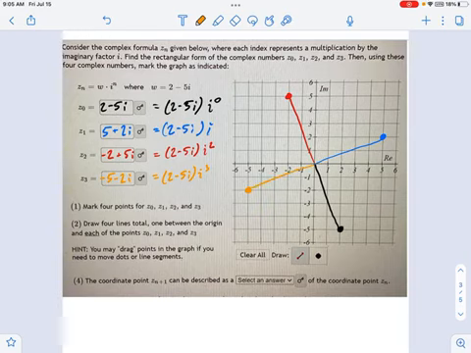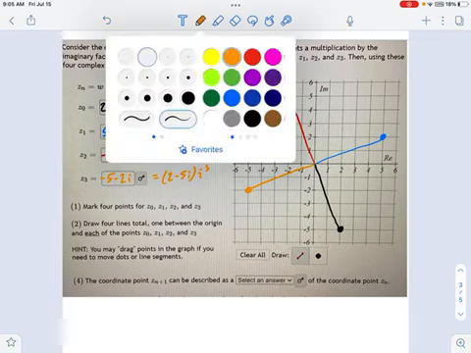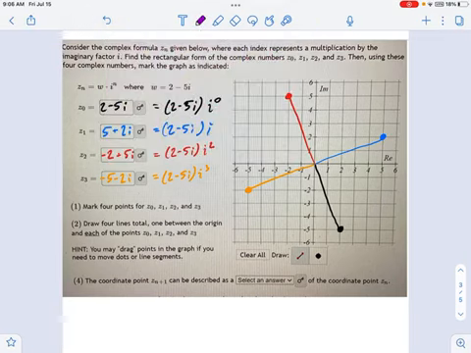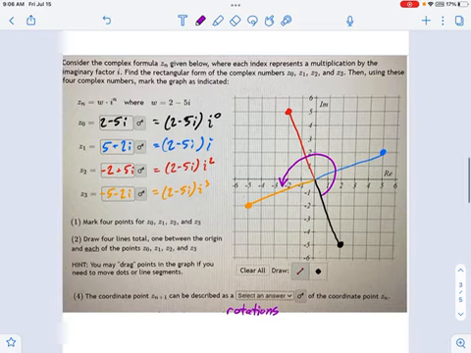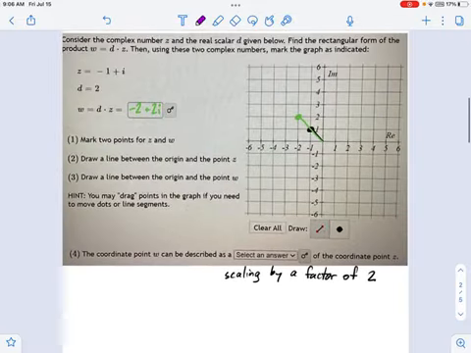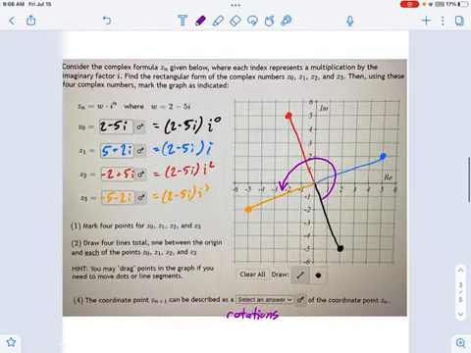And there we have it. This is not a coincidental graph. This is quite intentional. Every time we multiply by i, we rotate by 90 degrees. Okay, so these are rotations. That's the kind of transformation that multiplying by an imaginary number gives you. And these two concepts, this of rotations and this previous one of scalings, turn out to be the most important things to remember when you're graphing complex arithmetic.